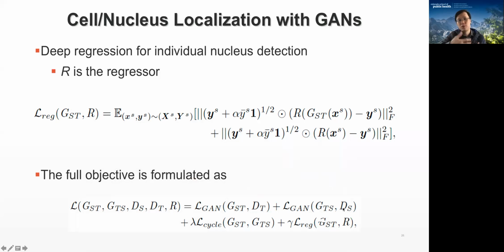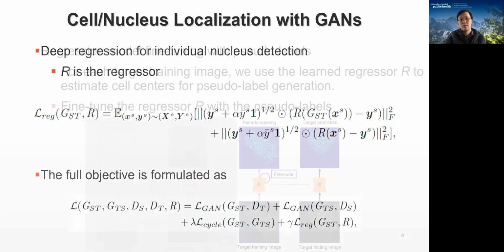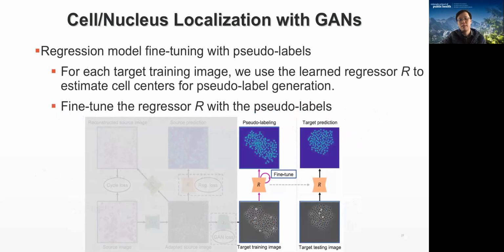After we train this model, we expect that the model should be able to apply to the real target image data, because this model is learned with the transformed source images, which are target style image data. They are very similar to the real target images. So this is the basic idea. So in the second step, we